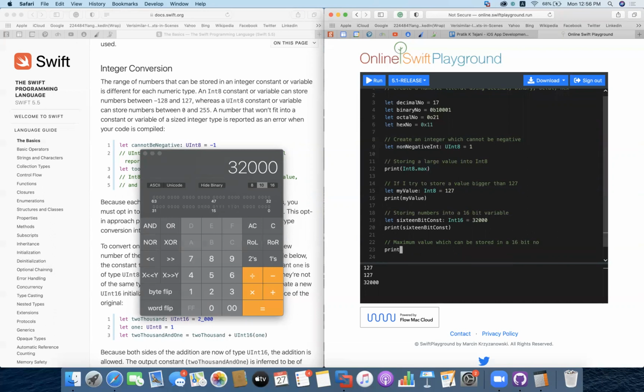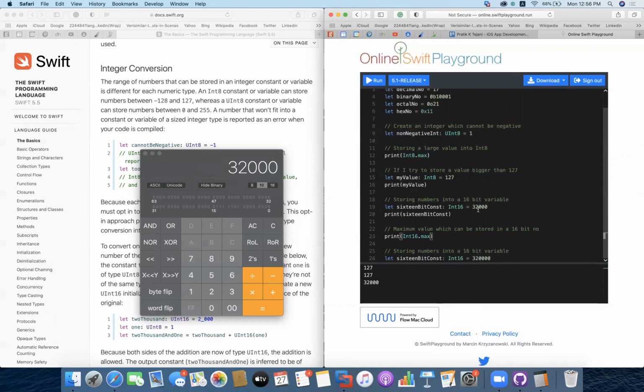It will be this, print Int16.max. I'm going to comment this. If I run it, you can see 32,767. This could be the maximum value which we can store.